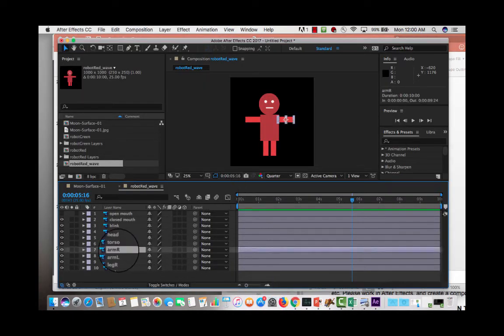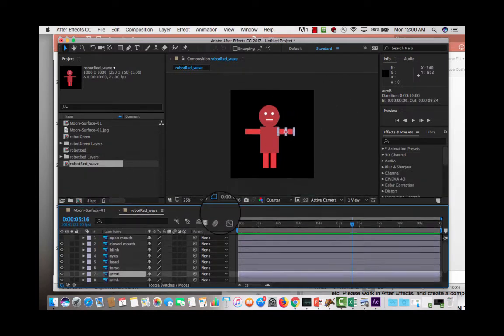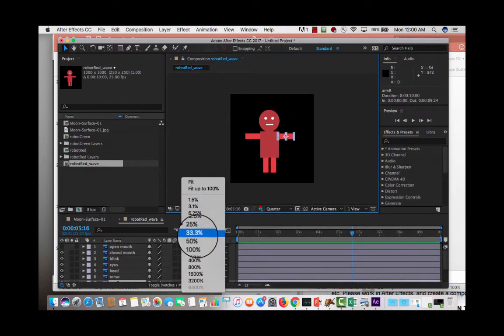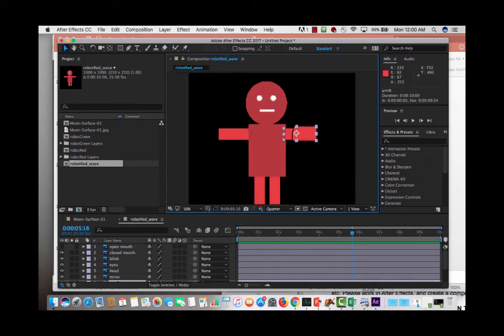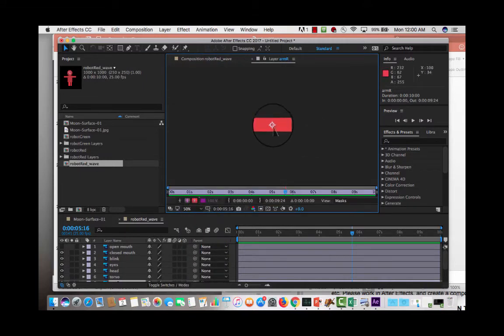So I'm going to do it here. I'm going to double click. Actually, I'm going to double click up here. Let me zoom in. I'm going to double click there, and then I can move it right over to about there. And then we'll go back out. The way we go back out, we're right in the layer here, we're going to go back out to the robot